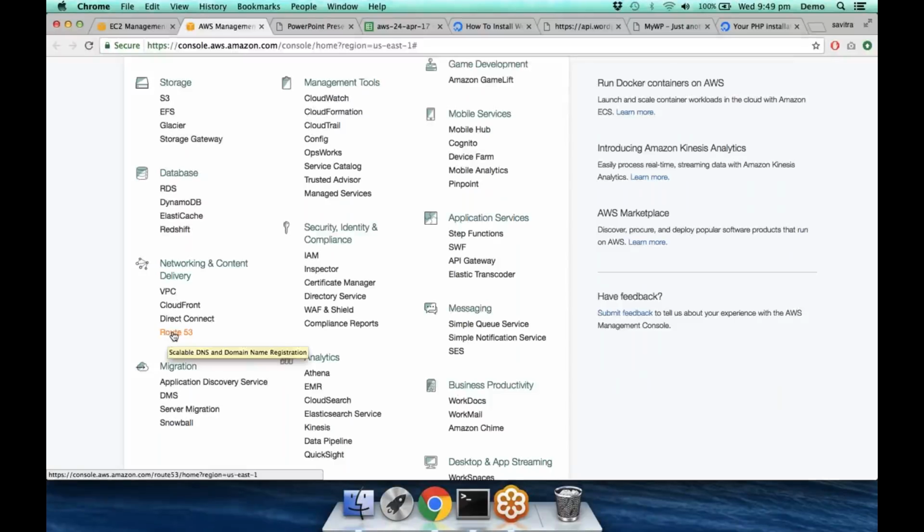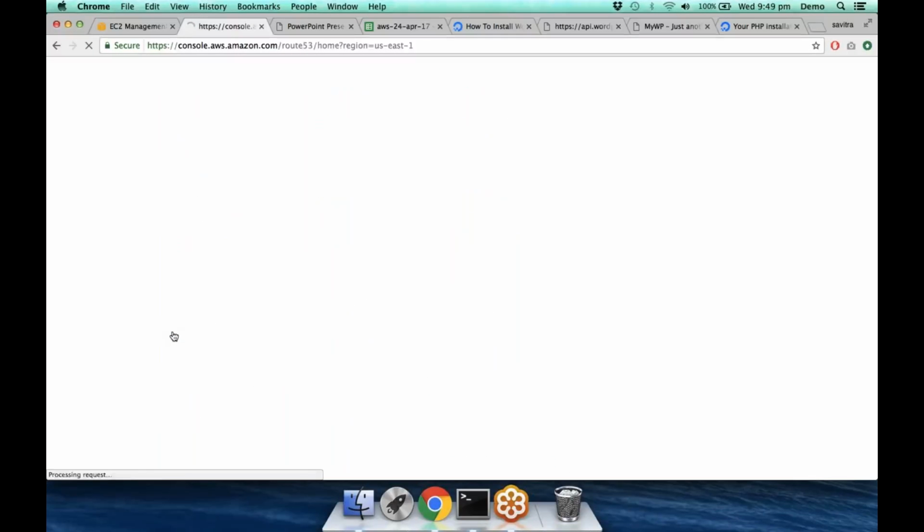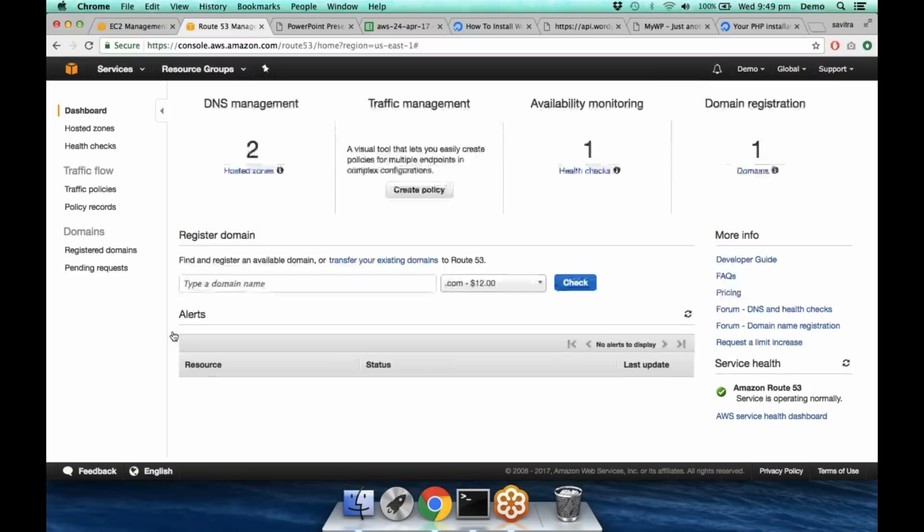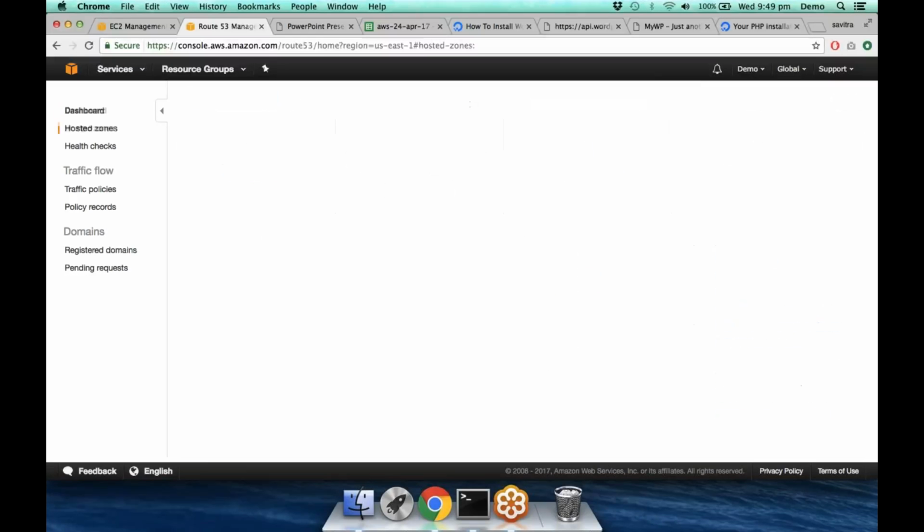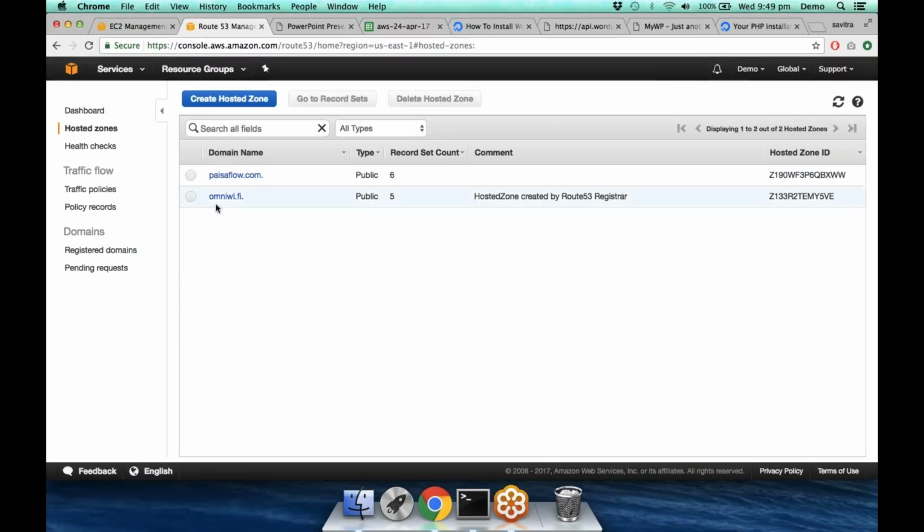This is a DNS service, right? We'll talk about it more later. For now, let's do something simple, right? And what I'm going to do is I'm going to go into a domain. These are domains I have. These are my personal domains, which I'm just using for explaining Route 53 to you, right? So don't worry about what these are. Just assume these are dummy domains. Okay. Now, if you go into domain,